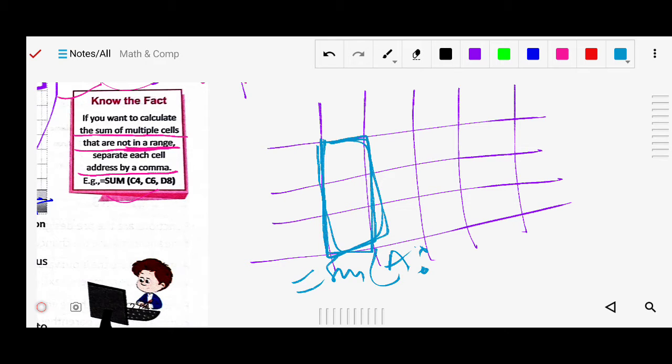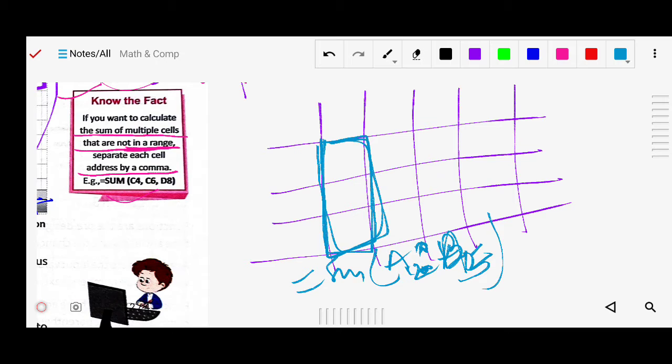You know that when we select a range there is a colon sign, like A2 to A5, all these cells are selected and added. We press enter and you will get the sum.